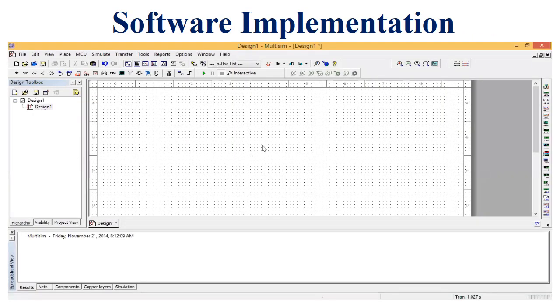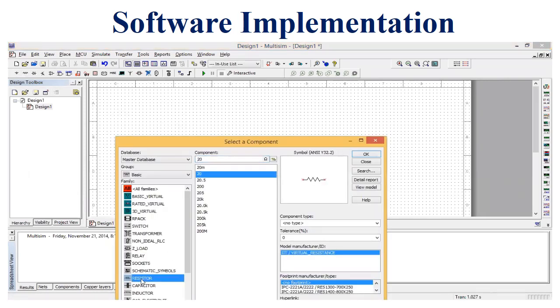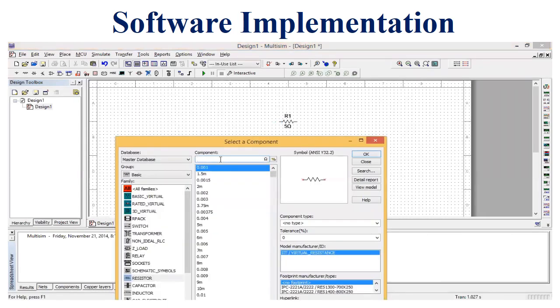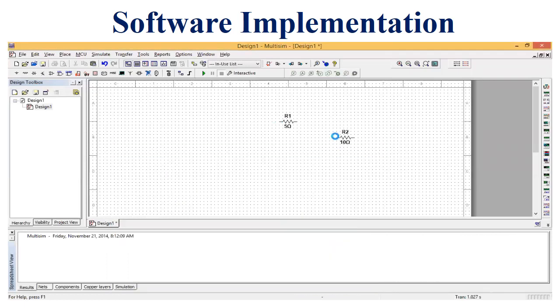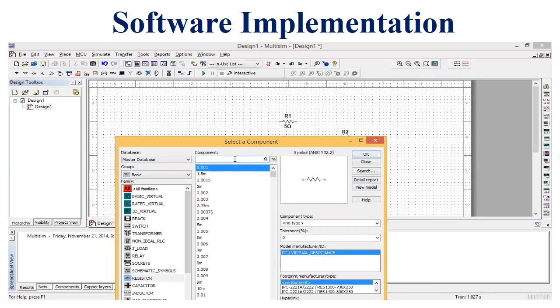So firstly, we have to move towards the NI Multisim software. As we have already seen, our circuit consists of 5 resistances, 1 voltage source and 1 ground. So pick these components firstly and place them on the NI Multisim window. Pick a resistor. Firstly, I have to pick the resistor of 5 ohm. Pick it and place it on the window. Then select another resistor of 10 ohm, pick it and place it on the window. Then the next resistor is of 30 ohm,